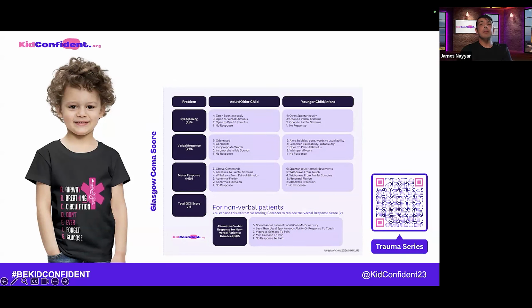Sometimes you hear that doing a GCS in a young kid is difficult because they're non-verbal, so you can't score them on the verbal part of the GCS score. And there are some approved adaptations to the adult GCS for use in children and non-verbal patients, including autistic patients, those with learning difficulties, and babies.